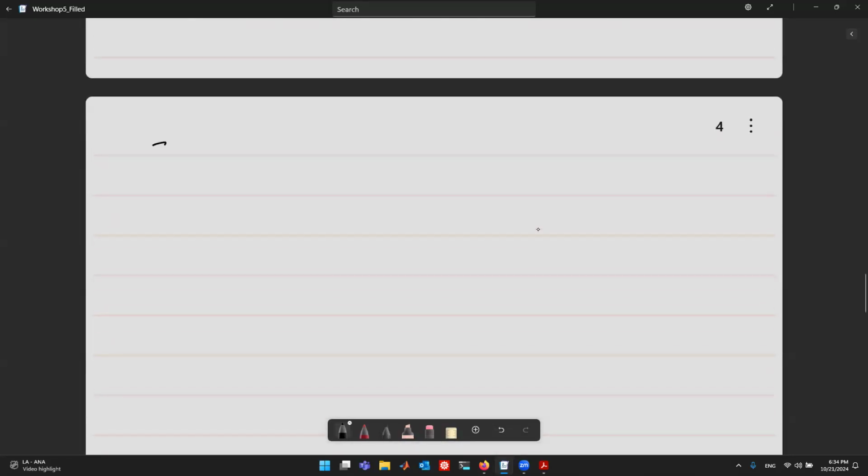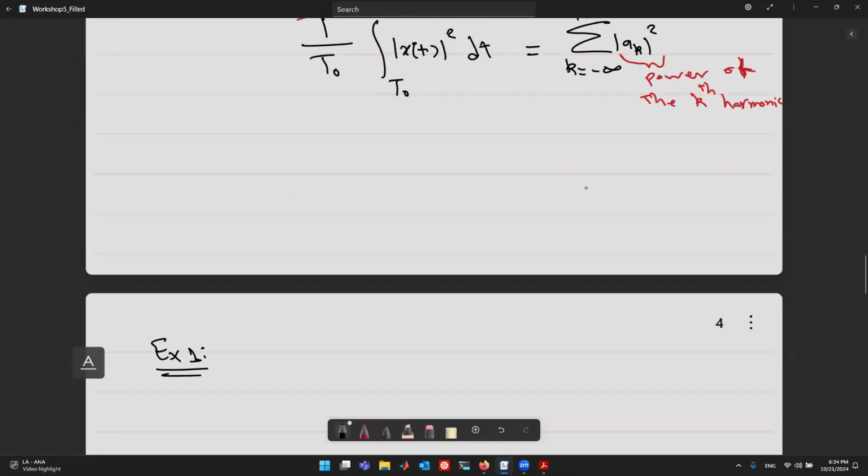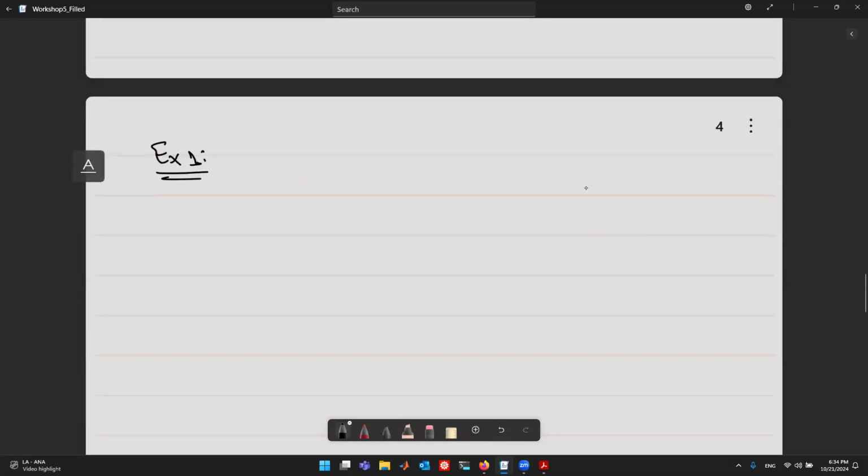Let's start by doing some examples. I start by finding the power of a signal to show this Parseval relation. Find the power of this signal x(t)